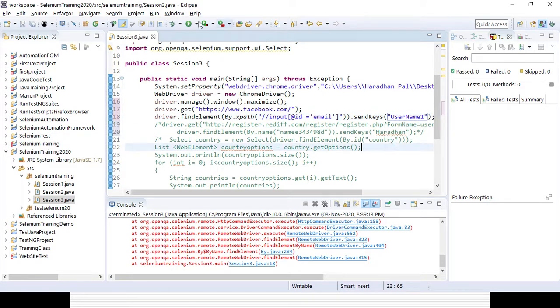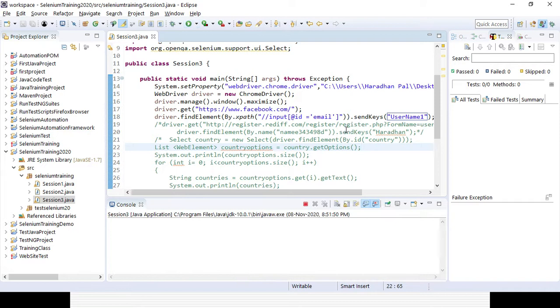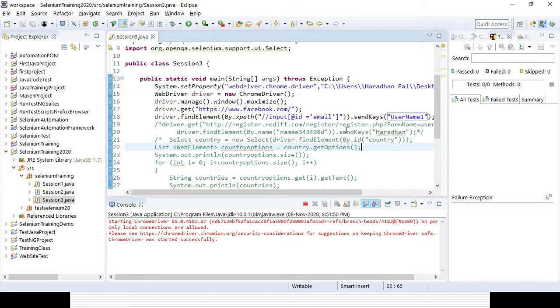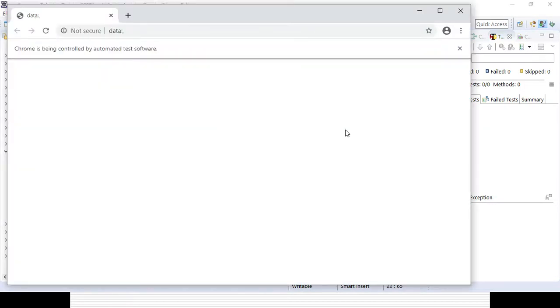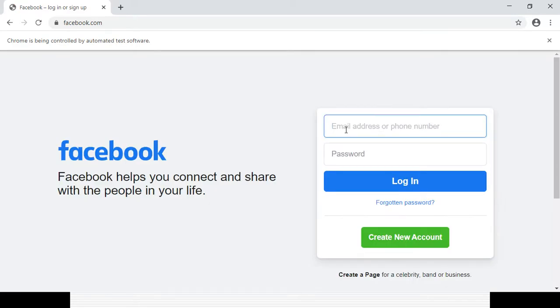Let's run the code and see whether it works fine with the XPath. It opens the Facebook page, and you can see it's working. For the Rediff page, maybe there can be some other problem.